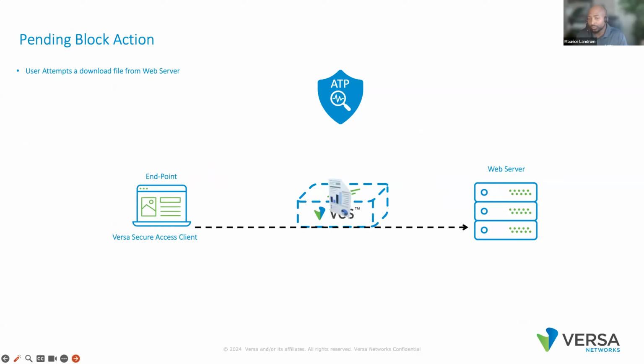Now, since we do have SSL decrypt, breaking the spec that's already on VOS, VOS is going to intercept that. When VOS intercepts that, we also take a copy. So we take that file, we take a copy, we place that in cache on VOS. And in addition to that, we're going to also take that copy of that file and we're going to export it to our ATP cloud service. And this is where the magic happens.